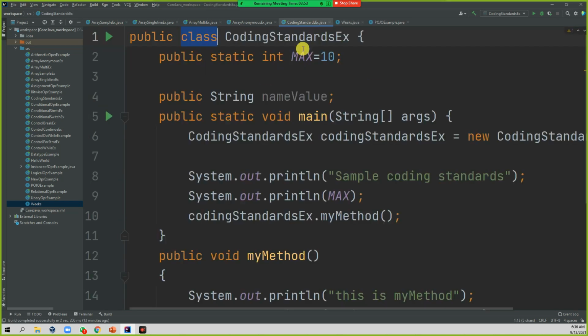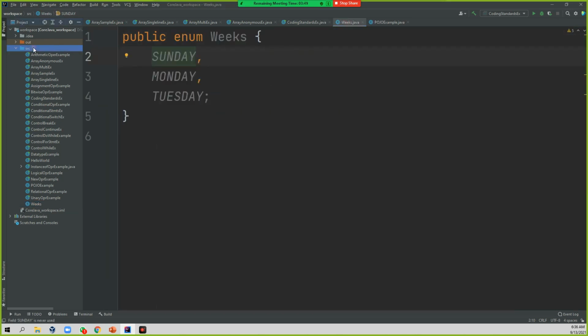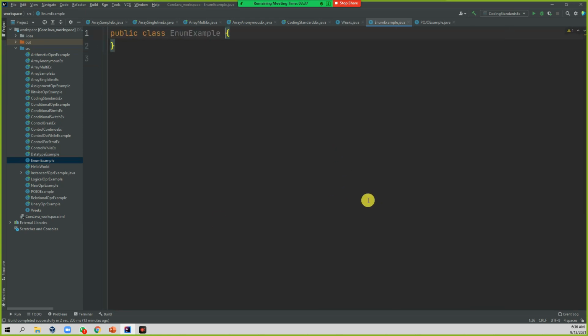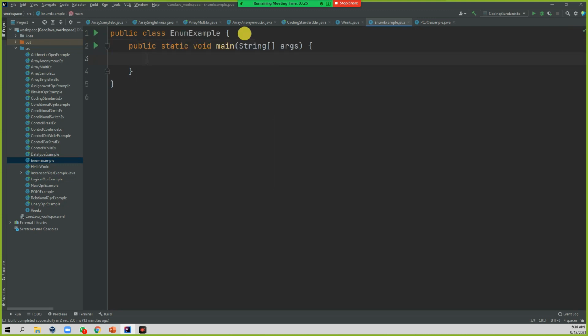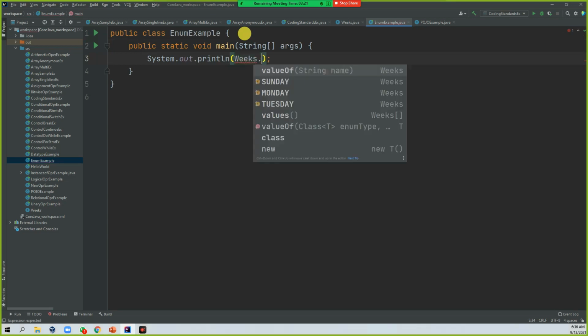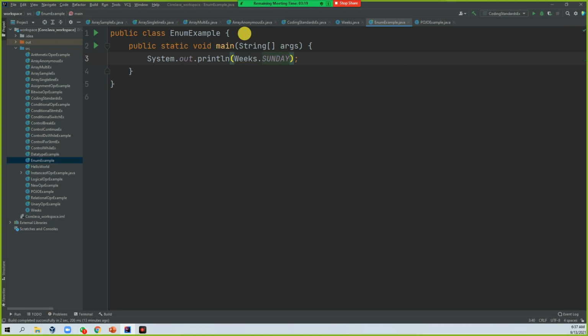Let's take an example of calling this enum. Week is defined somewhere. In this EnumExample, if I want to use it, public static void main, System.out.println, and mine was Week.SUNDAY.